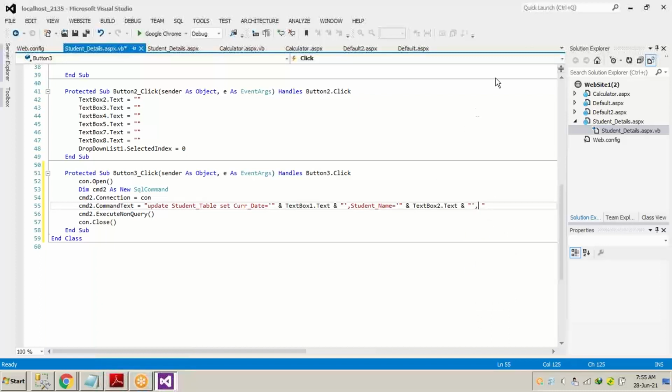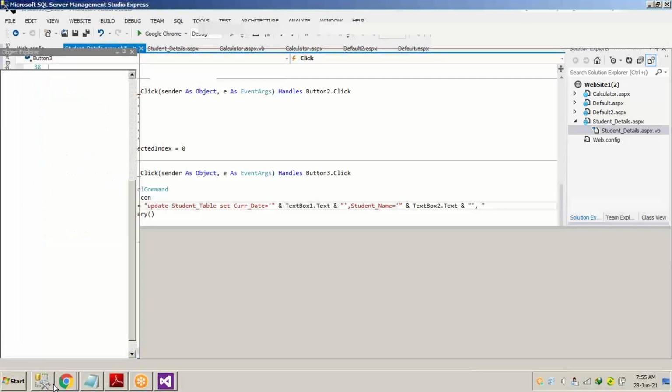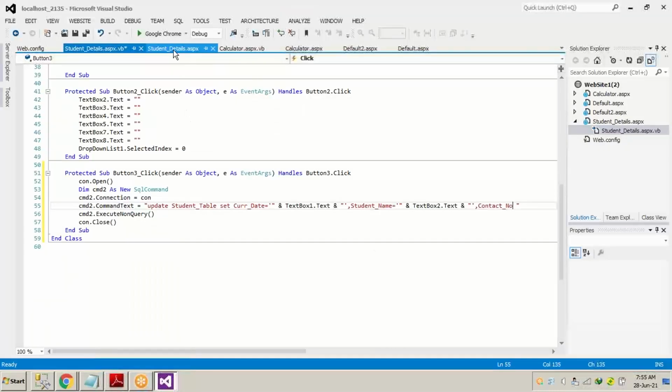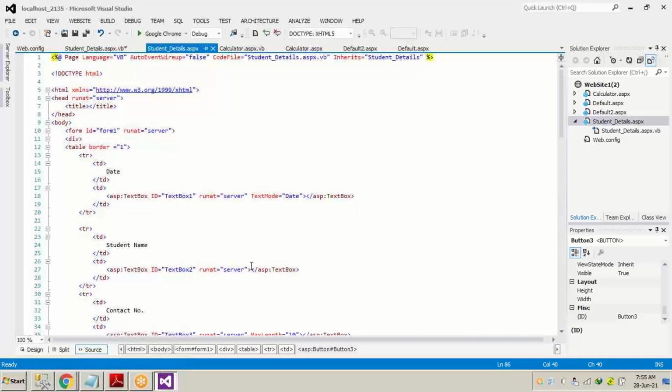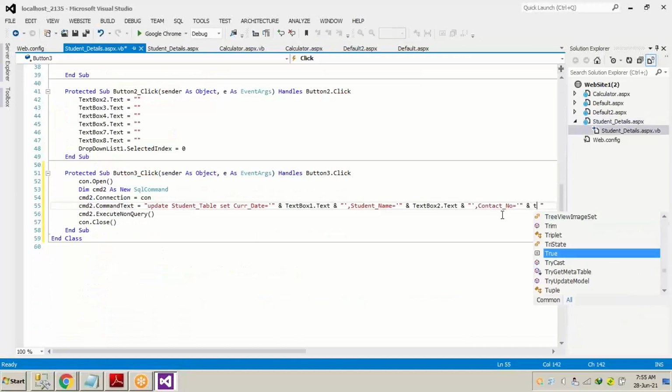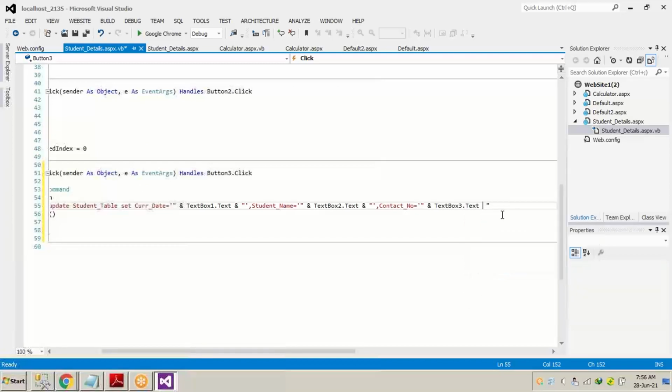Okay, we'll put another comma. The third field is contact number. Contact number, I guess, is 3, equals to text box 3,